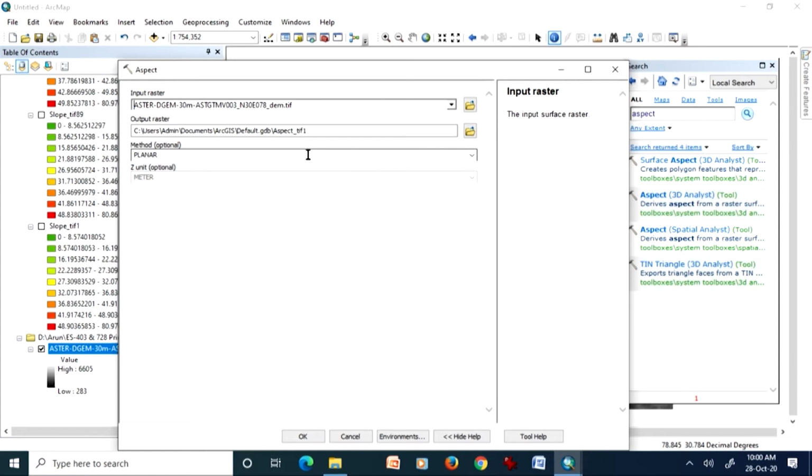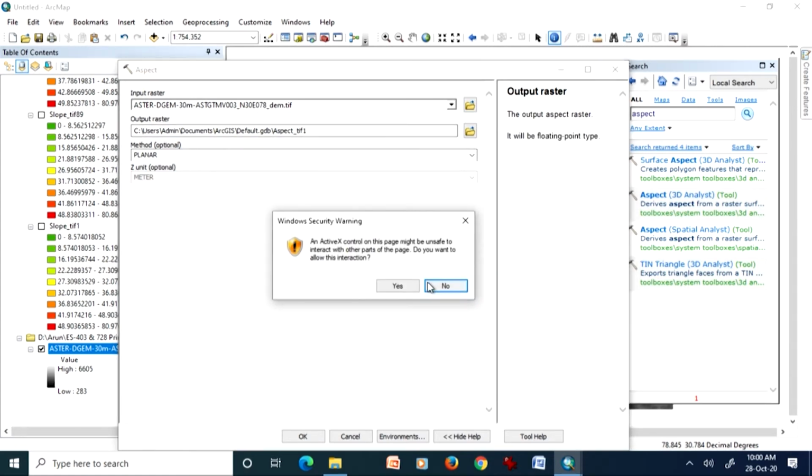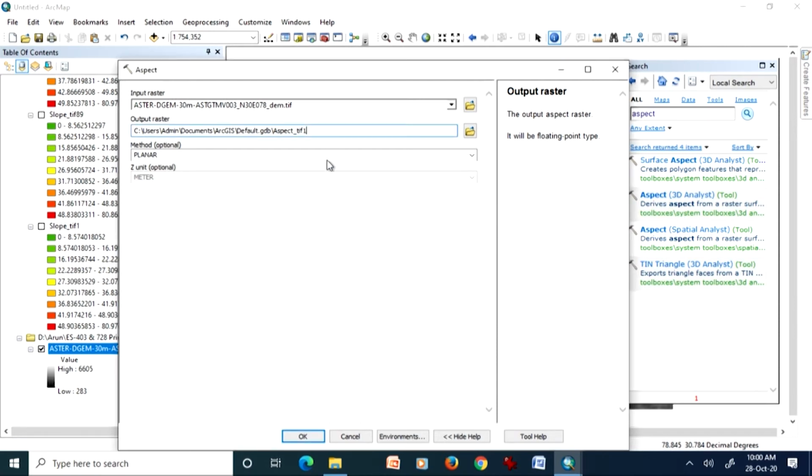This is my input digital elevation model, and here I will use the word for planar, just keep the underscore P. No other options are available, so we need not bother at this time, and let's run it.